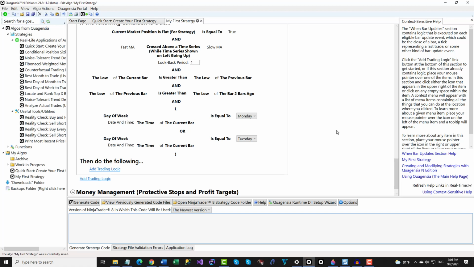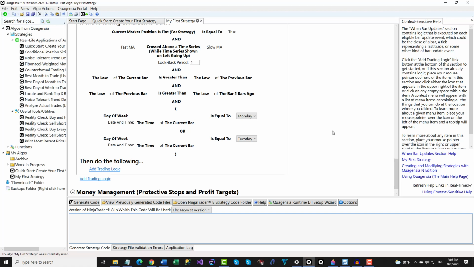Note that some codeless strategy builders only give you the choice of using either the AND operator or the OR operator in a given condition, but you cannot combine the two in the same condition. Quagentia lets you use the AND operator, the OR operator, and parentheses in the same condition to create much more advanced sets of conditions. Furthermore, while some codeless strategy builders do not allow you to nest sets of conditions inside of one another, Quagentia allows you to nest sets of conditions inside of other sets of conditions, which can be further nested inside of even more sets of conditions.